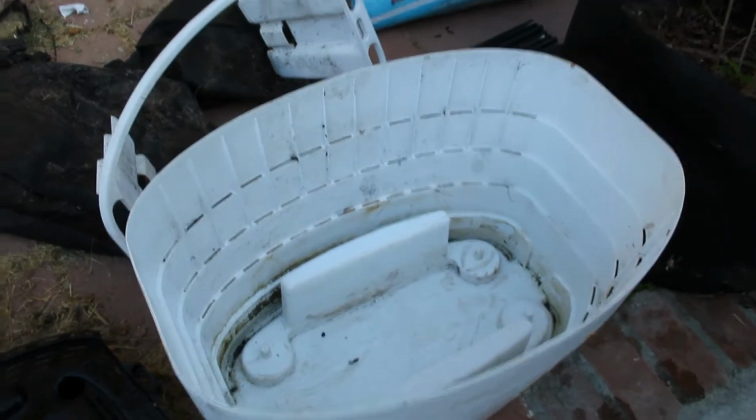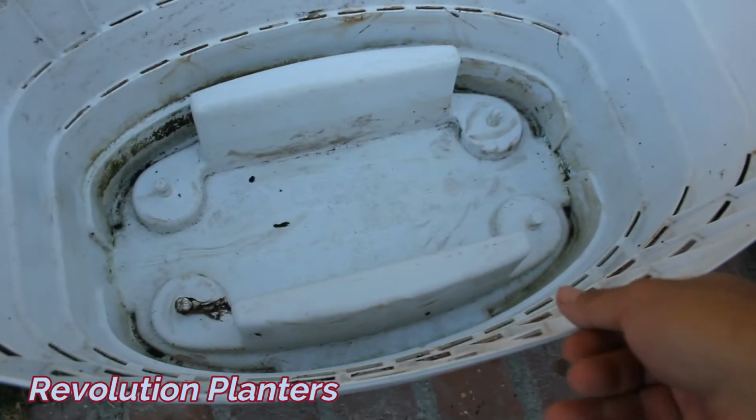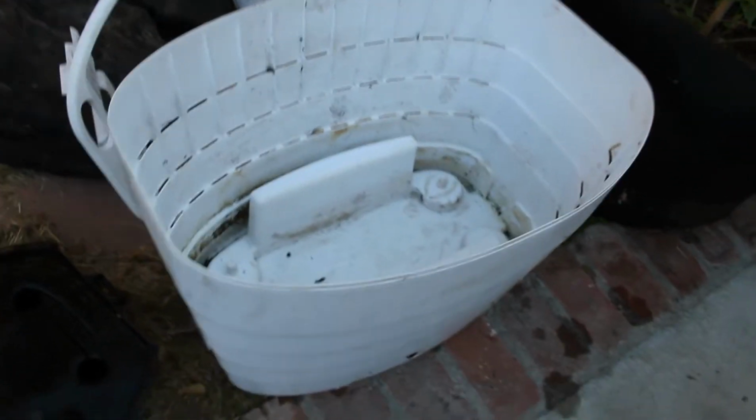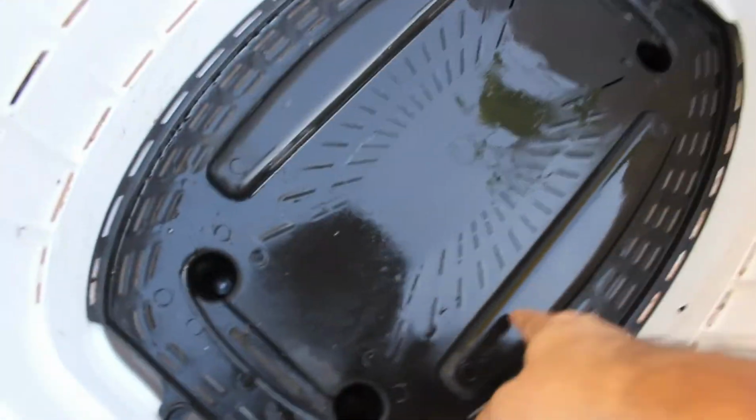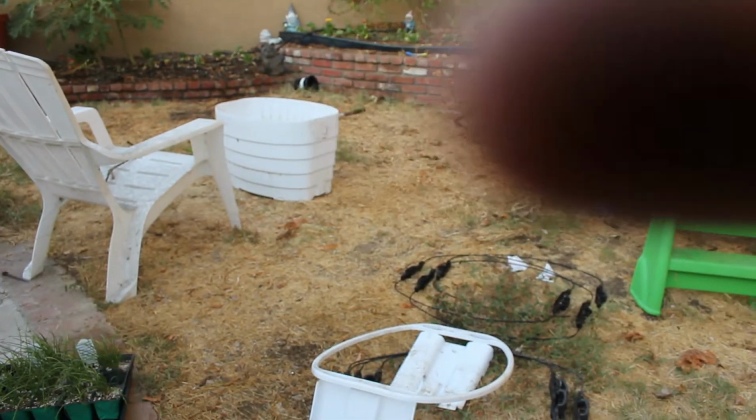So I believe these are the Victory planters from Gardeners. It's a self-watering planter, basically maybe an 18 or 20 gallon tote. This plastic piece, basically you fill the bottom with water. You're gonna put this in here. You're going to grab the longer strip, which is what we're missing on the 3rd one over there that you can see. That one right there. So basically you're gonna put this through